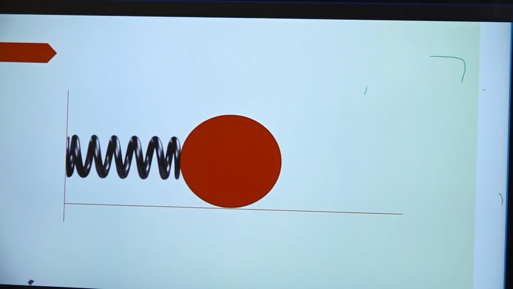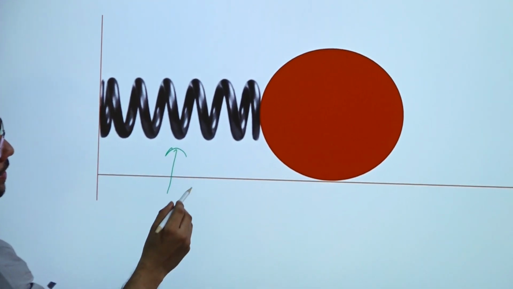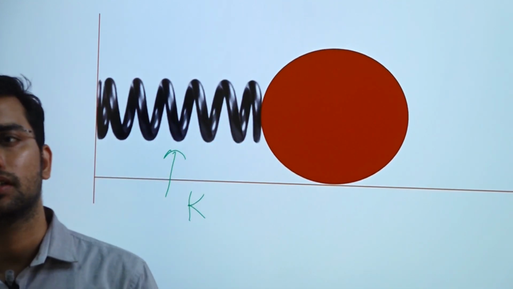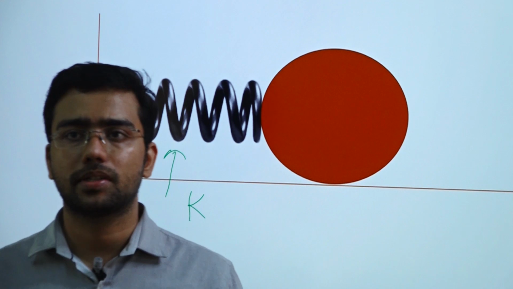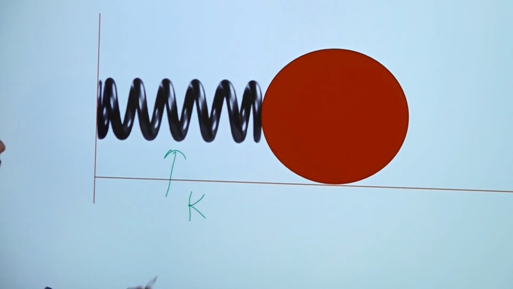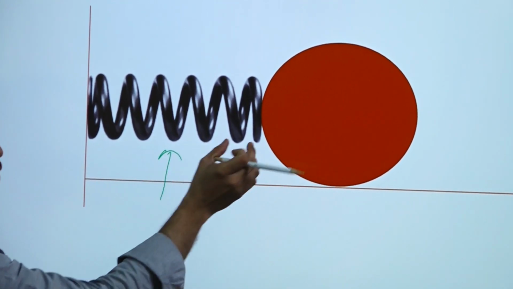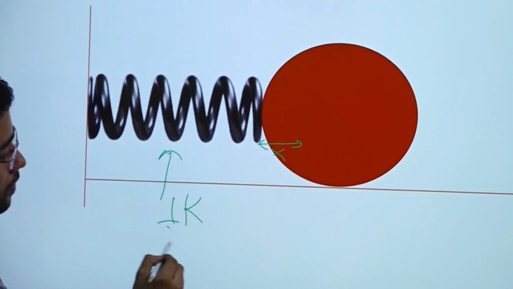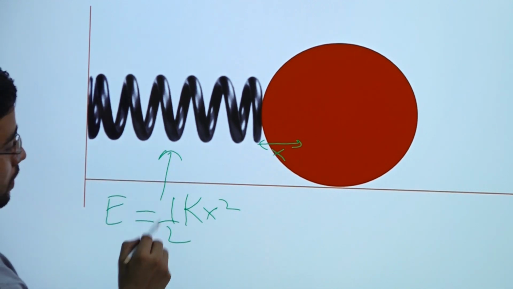Now suppose we have this roller here and we have this spring, and this spring has stiffness K. We all know the stiffness of a spring is K or S, which we have already studied in kinematics of machines, in your earlier semester. This is a basic thing. If this spring is elongated by x distance, then the energy stored in the spring will be half kx square.